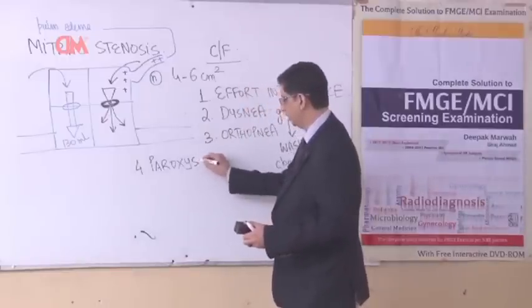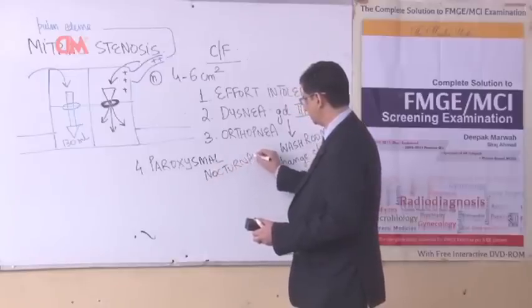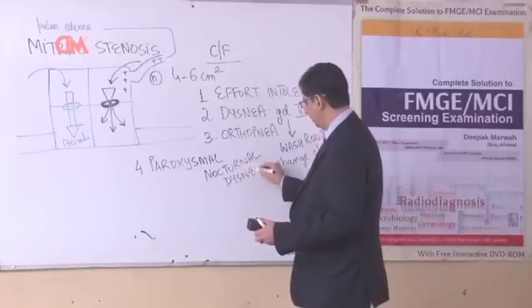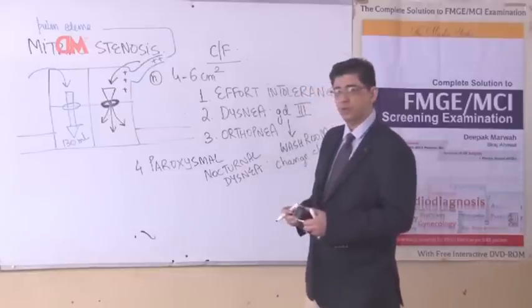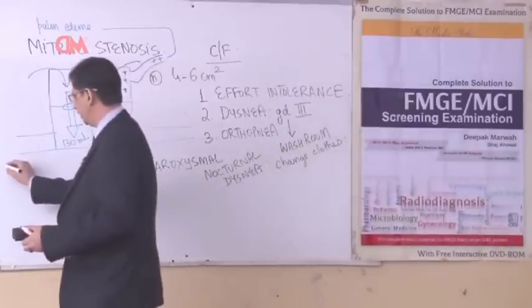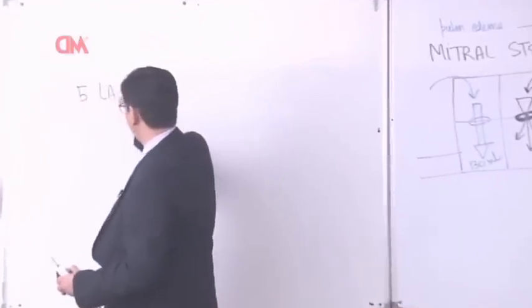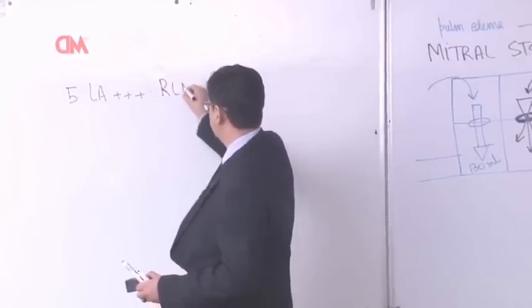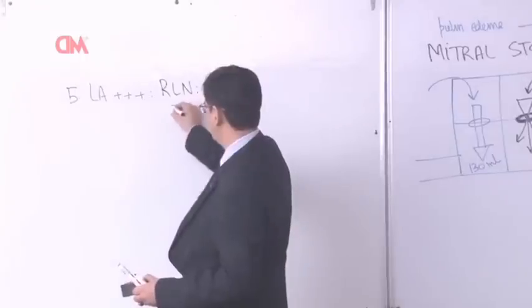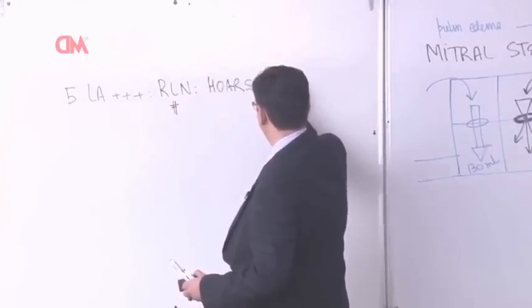Now in these patients, there will be difficulty in breathing, especially at night time, that would be paroxysmal nocturnal dyspnea. Usually these are the 4 complaints with which the patient would be coming. But as the size of the left atria becomes relatively bigger, in fact I can use a different board for that. When the size of the left atria becomes relatively bigger, then in these patients there will be pressure on the recurrent laryngeal nerve. Because of the pressure on the recurrent laryngeal nerve, the complaints of these patients will be in the form of hoarseness of voice.